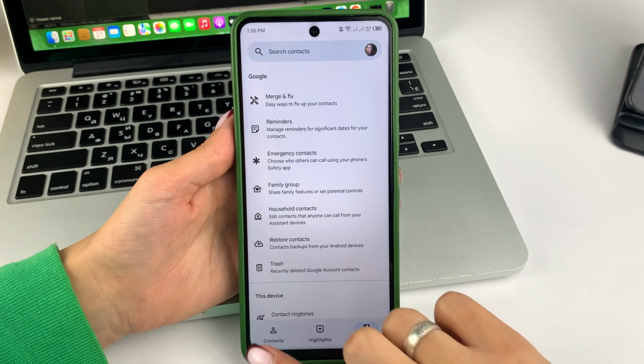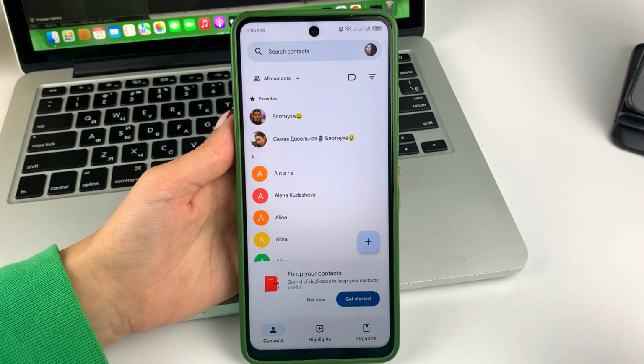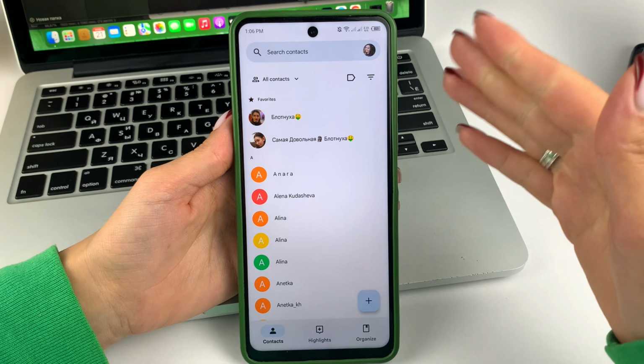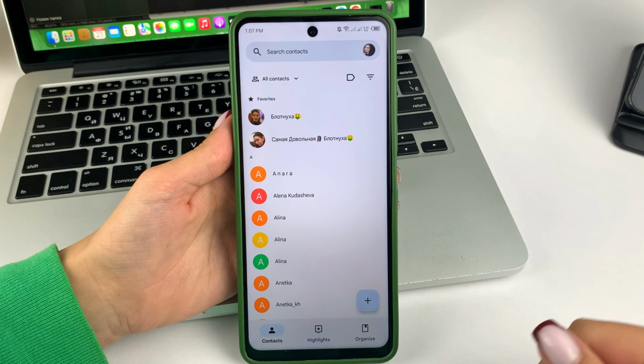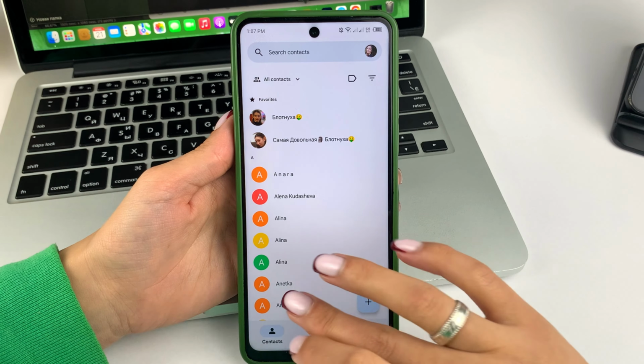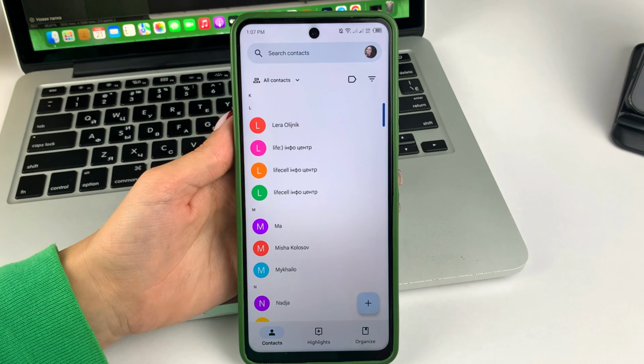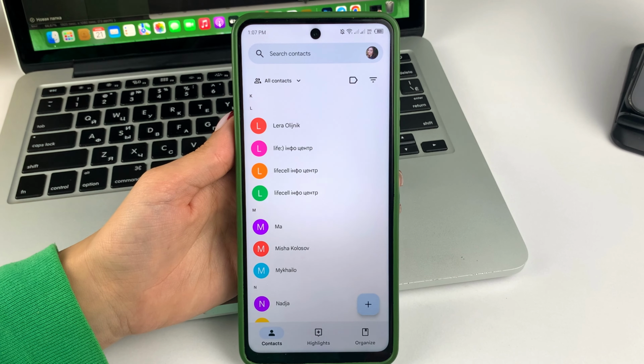And then you will need to allow the application to have access to all your contacts. Once you give it access, you'll see absolutely all the contacts that you have on all your Google accounts. And further, so that you can delete some of your previously synchronized contacts,